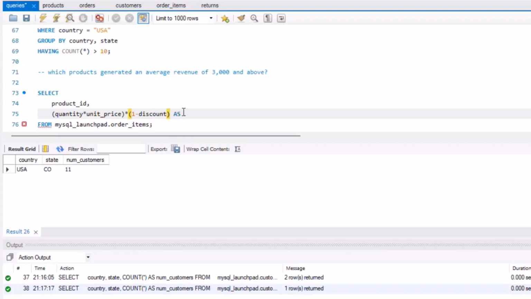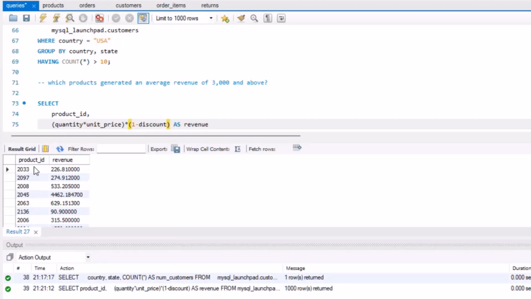I have to use an alias here, if not, my output will just have all this gibberish. So I can call this revenue. Let me run this. Yeah, so you see the revenue